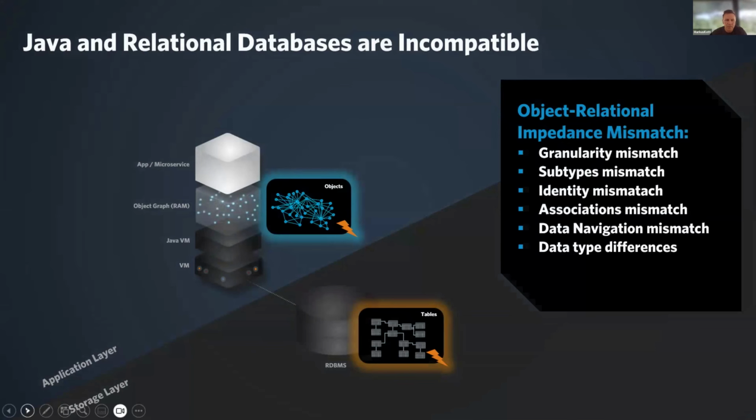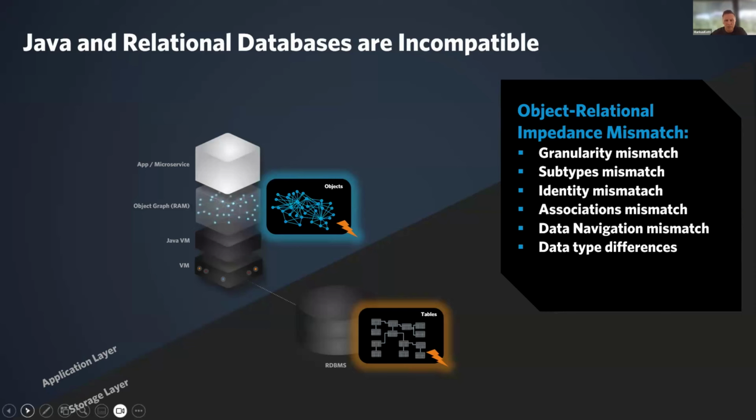We have an application or a microservice written in Java. We have objects in memory or object graph, and we have the JVM. It runs on a virtual server in the cloud or a physical server, so it doesn't matter. And we have a relational database, and we have further